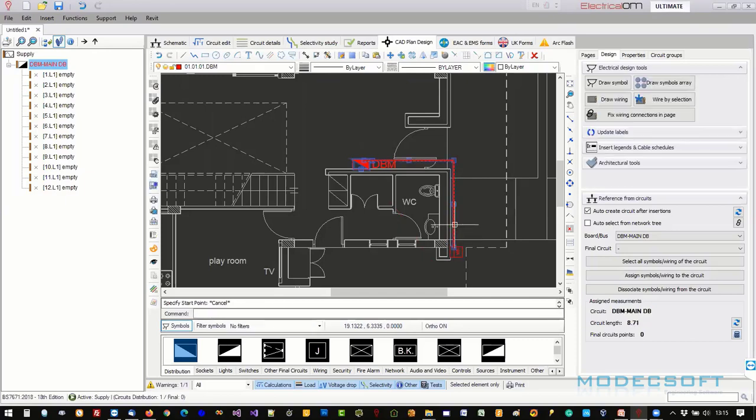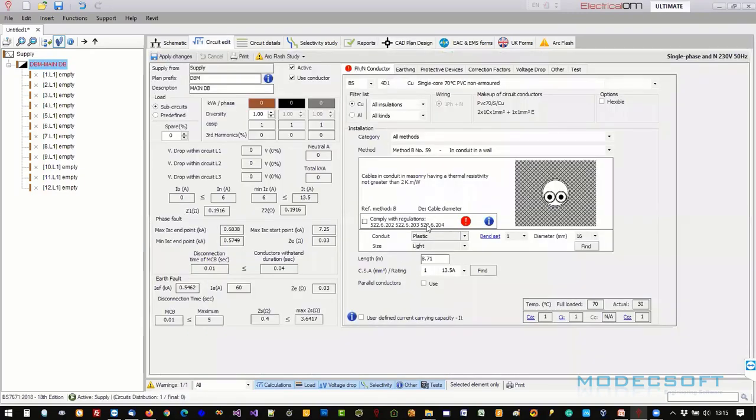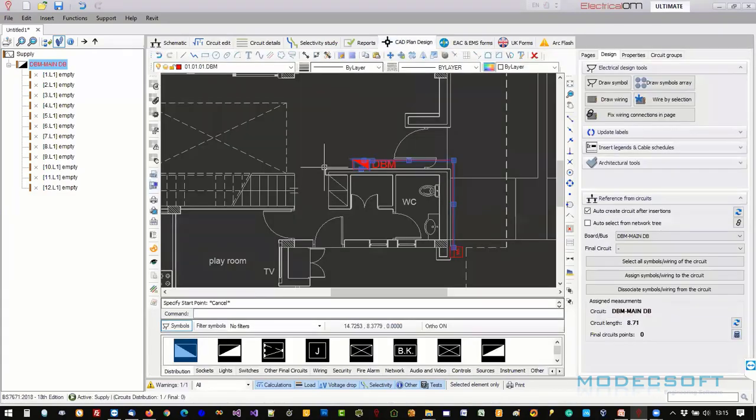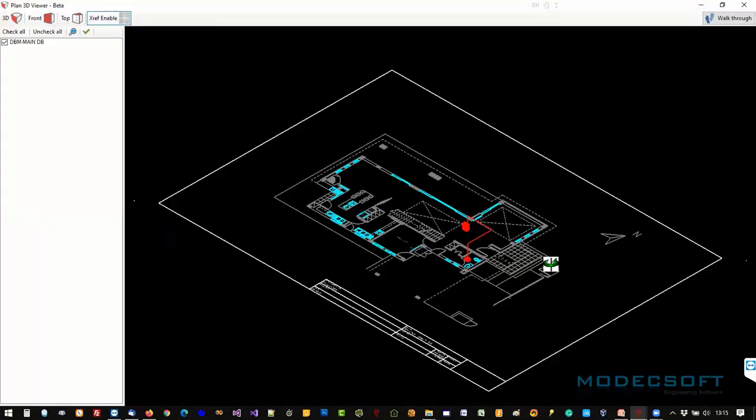So notice now that when I select that, it's telling me that this is 8.7 meters, okay? And I can apply that with this button, and this now will be applied on the circuit editor. So I know exactly that this length, this run is 8 meters. And if I want to make things more precise, I can navigate to the 3D view here to see exactly